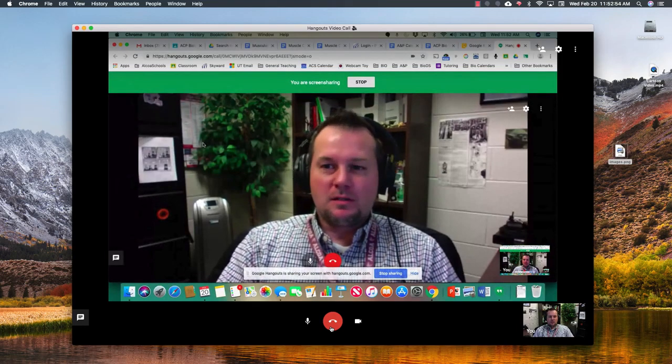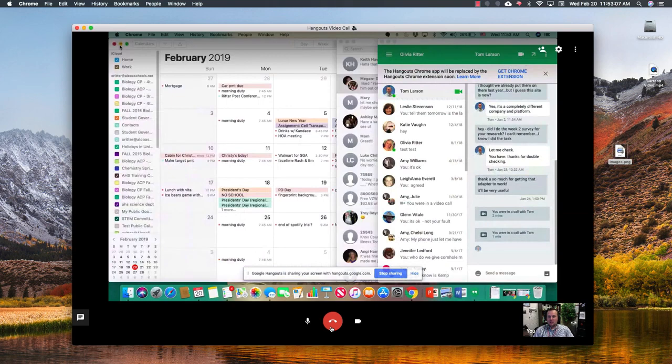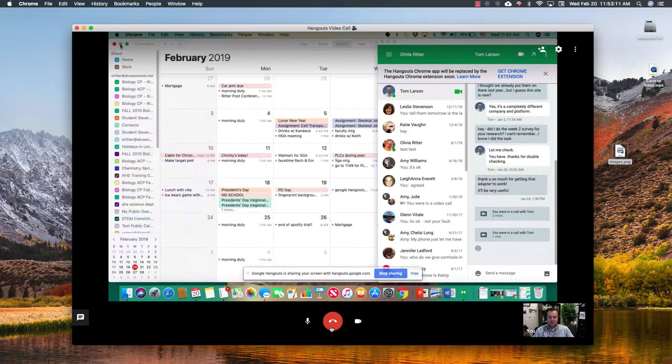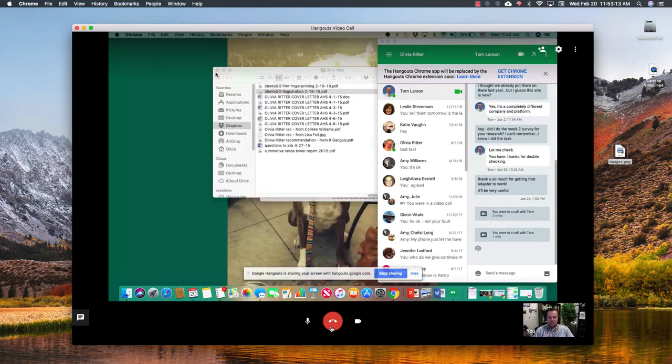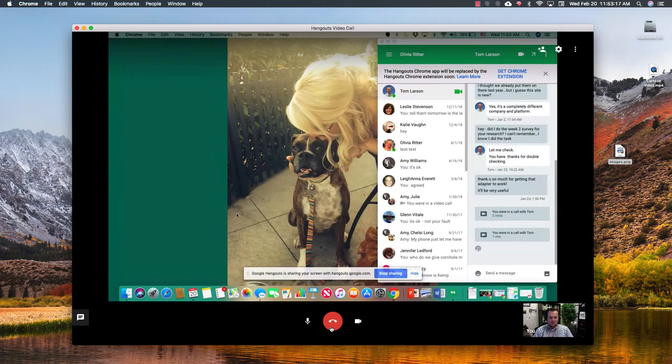So let's go ahead and minimize Chrome at this point, because what she's seeing is the window that I was visible in. All right, so this is her screen. So this is actually a great way for you to assist another teacher. Given that they can hear your voice and you can see their screen,